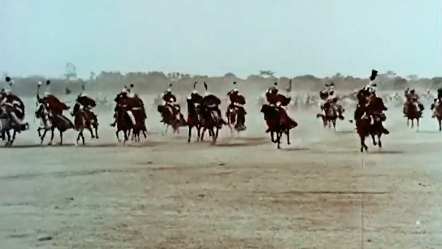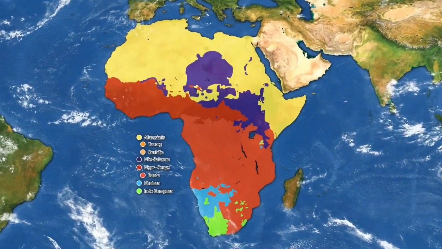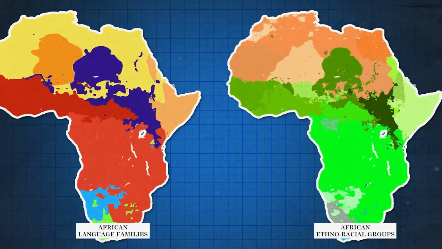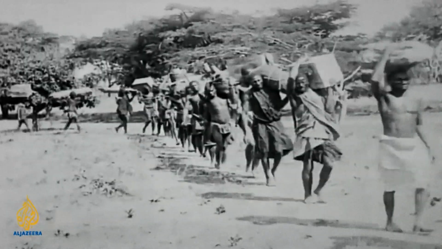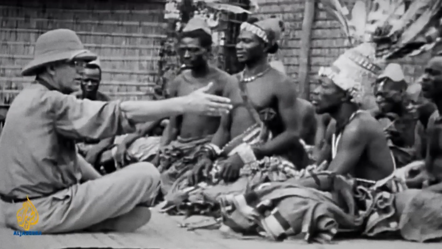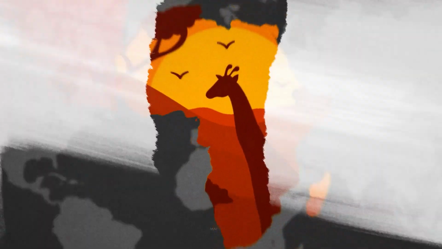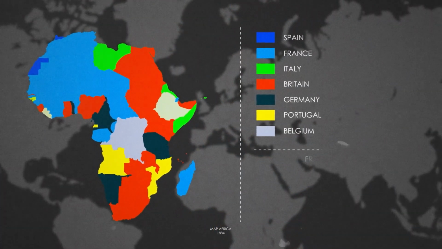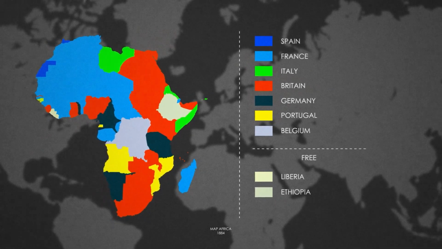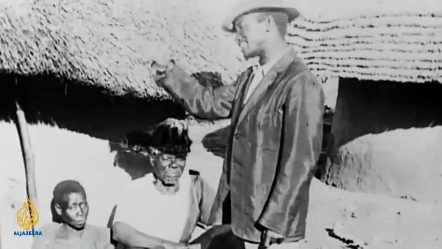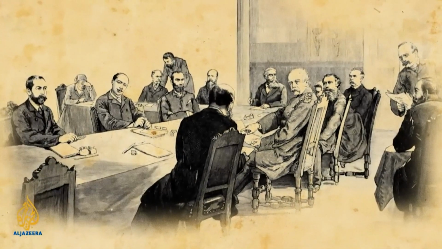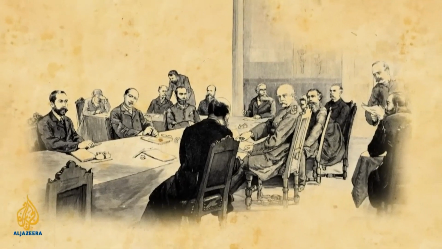Within these borders, the continent's cultural and ethnic diversity flourished, with hundreds of different languages, customs, and governance structures coexisting in dynamic ways. However, the Scramble for Africa in the late 19th century dramatically altered this landscape. Between 1884 and 1914, European powers carved up the continent, disregarding the natural, historical, and cultural divisions that had long existed. The Berlin Conference of 1884, convened by Otto von Bismarck, was the pivotal event in this process.